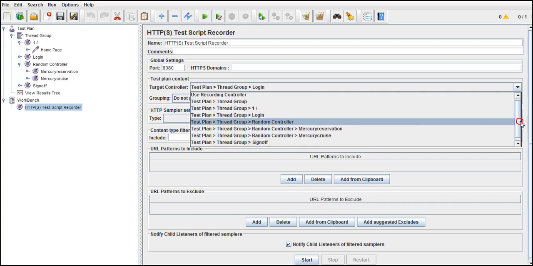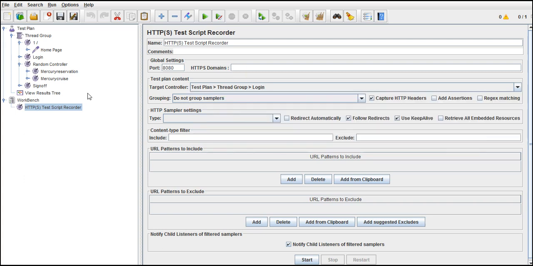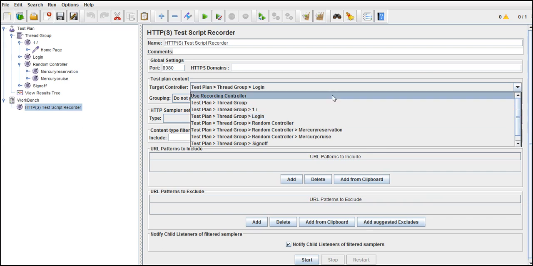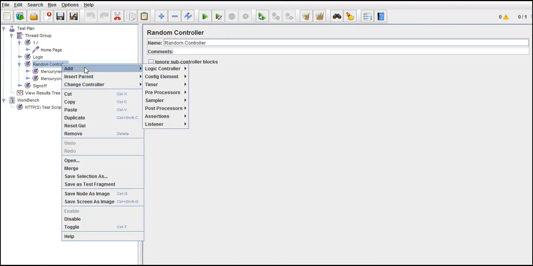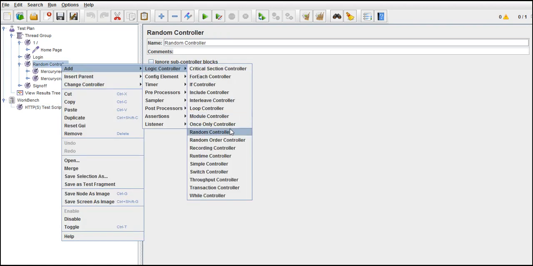If you use it specifically, the JMeter guys have designed a controller called the recording controller. If you select that option from here, whenever you record, it will see where the recording controller is defined and the requests will go into that block. So it's straightforward, right? If you define a recording controller somewhere, whenever you record in the future, all your requests will fall into that block. So that's about the recording controller. And there is one more controller called the runtime controller.